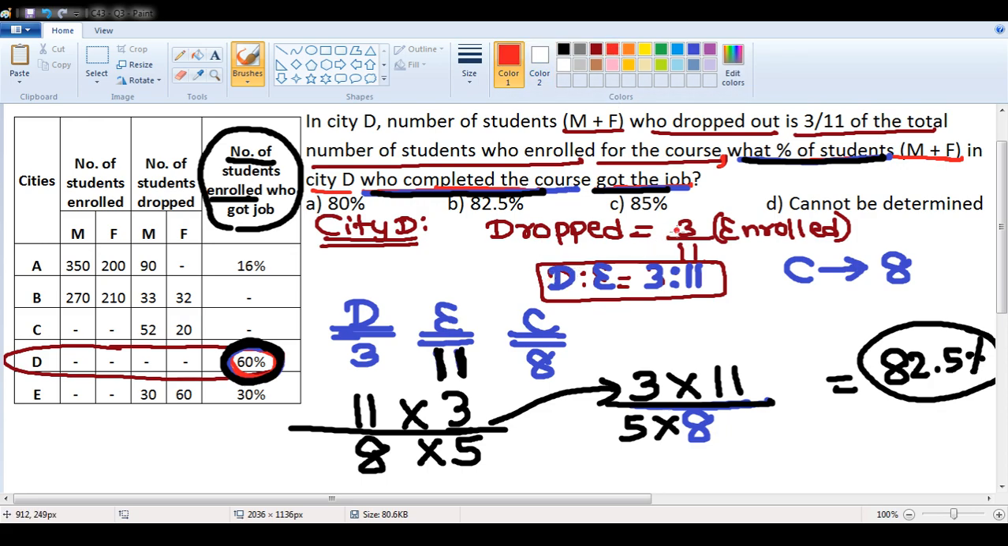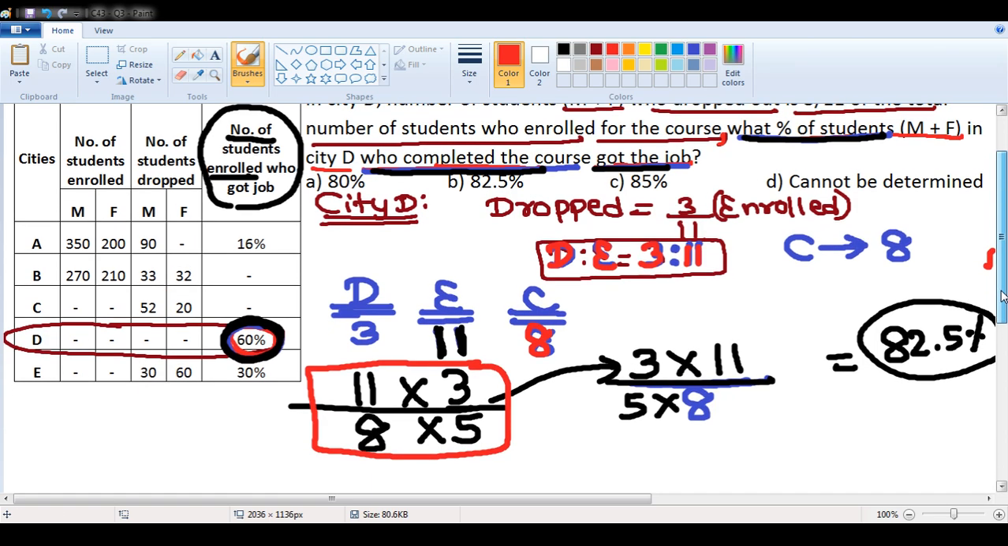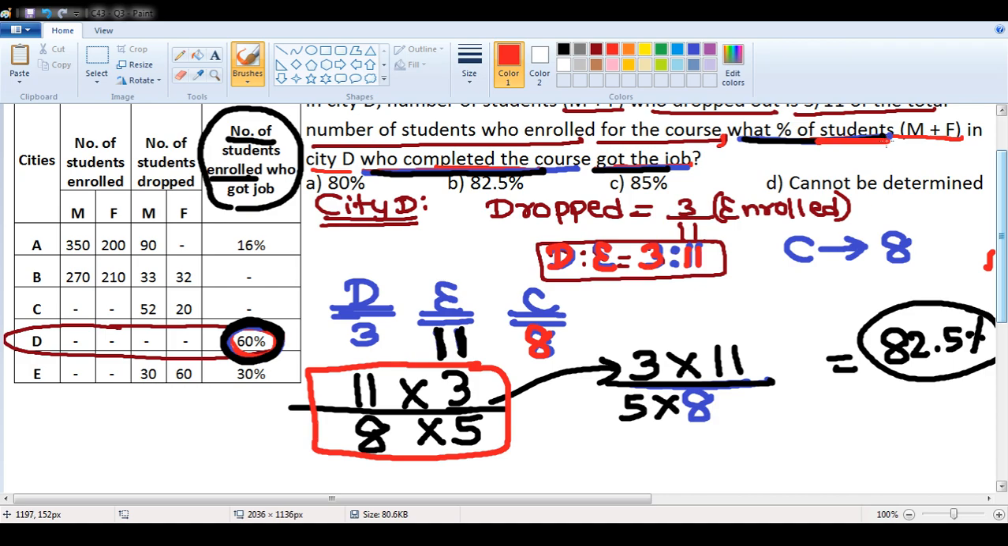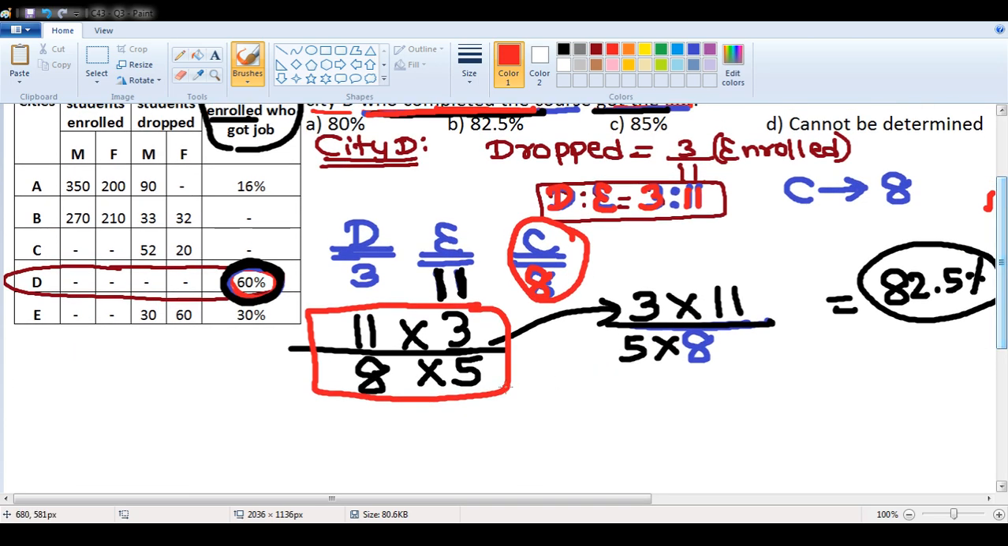First of all, I am sure that dropped is 3, enrolled is 11, completed is 8. I am sure Arvind is very clear with this point. I am sure that you are asking me this part. Now listen, Arvind and other people who did not understand that part. Now see here. What percentage of students who completed the course? How many people completed? 8 people completed. Out of total 8 people,